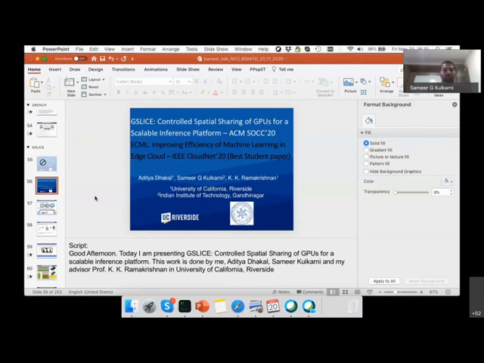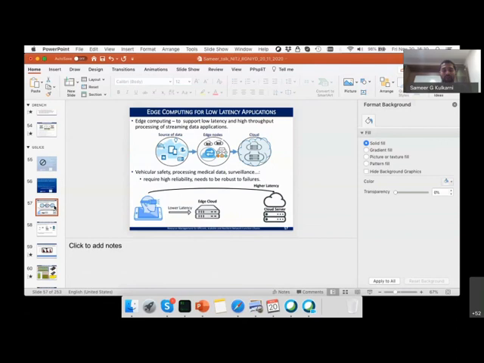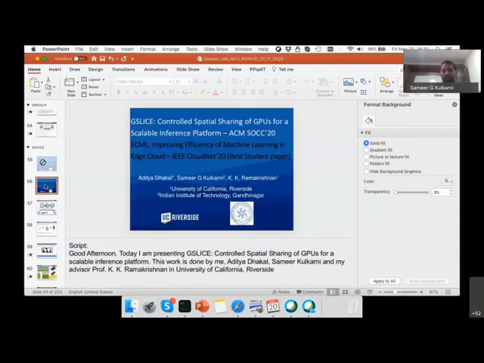Now you know that many works have come in terms of trying to use the edge, because if you have to go to the cloud, you suffer higher latency. And at the edge, you can deploy a lot of resources, but also a lot of functionalities, especially AR, VR, that require you to do inference, right? So we worked in the same space. Recently we got publications at SEC, SoCC and in CloudNet a week ago, which also got us the best student paper award. Here our approach is to see how you can utilize the GPUs at the edge clouds and efficiently do the bundling and sharing of the resources.